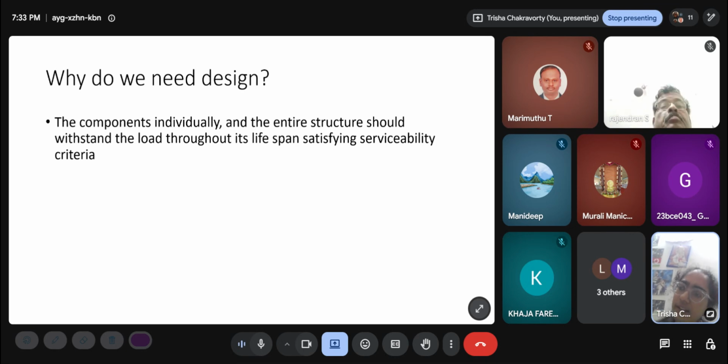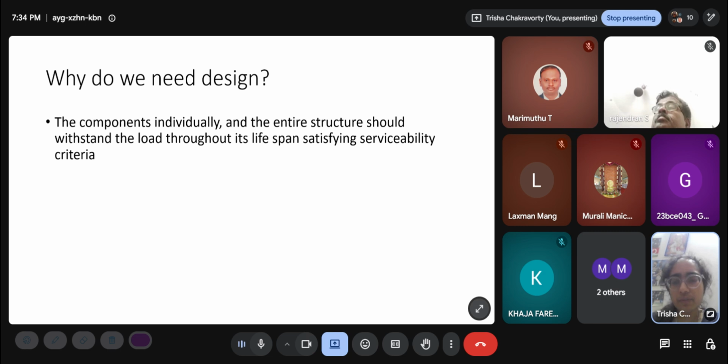So serviceability means that the deflection of any particular structural element should not exceed a limit. And this is also important, because it has to do with what I'm making the structure for. For example, in a residential building, suppose a beam has not collapsed but it has deflected a lot, like you can see that the beam is hanging like this. It has not collapsed, so technically everything is fine. But if the beam is hanging like this, then the residents will feel unsafe, and they will probably go for a repair anyway. So it will look unsafe, and looking unsafe is also violating serviceability criteria. So serviceability criteria takes that into account as well.